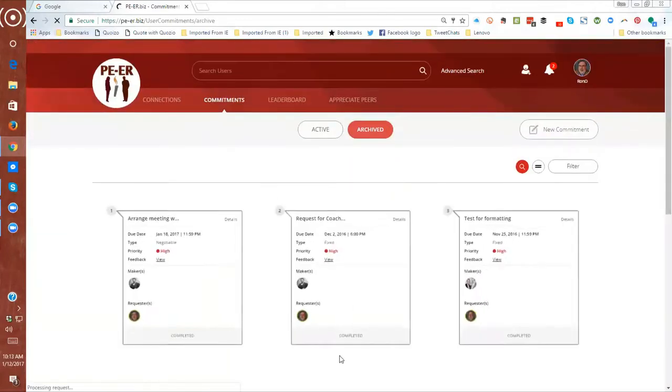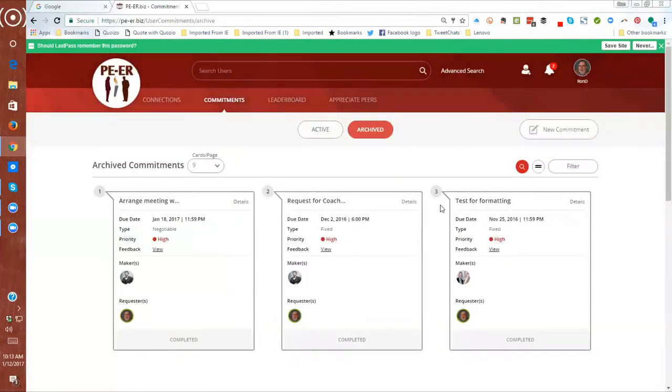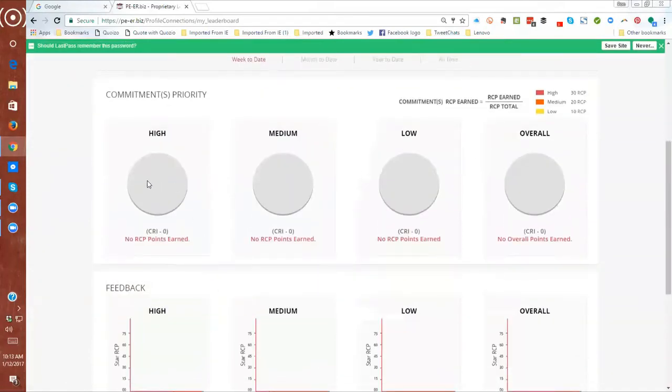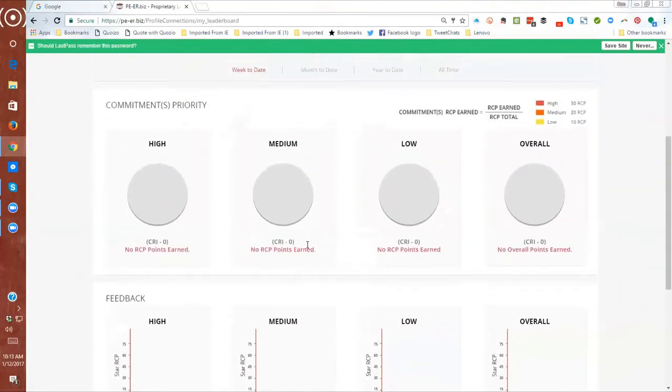Now, what happens from this point on is I've delivered the commitments, or I've delivered the feedback. Now Rob will get the commitment points on his leaderboard. We haven't discussed the leaderboard yet, but it is where we basically track all the various definitions. And from my side, since, as Ron mentioned, a fulfilled commitment or commitment that's been delivered goes into archive,